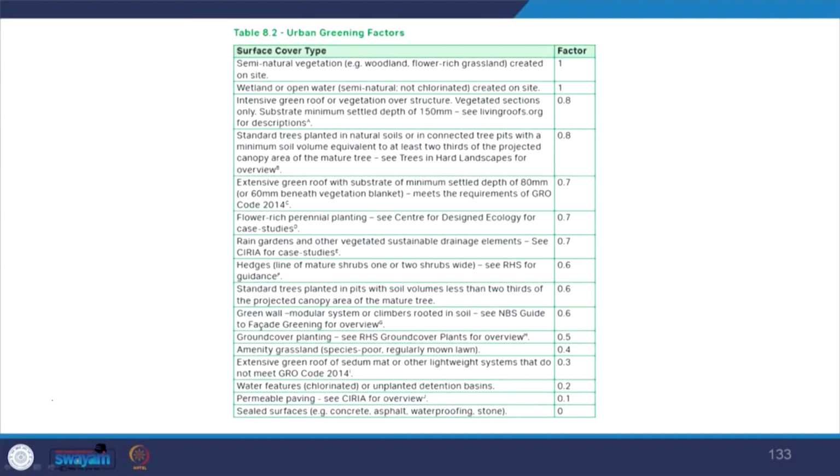Urban green factor is based on factors tailored to the local circumstances. In the table here you can see how they have calculated what kind of intervention would be given what kind of factor. They have ensured biodiversity and access to nature and also integrated with the local area plan. Sites of importance for nature conservation are identified. Attempts have been made to protect them. Further, we see protection strategies have been developed for trees and woodlands.